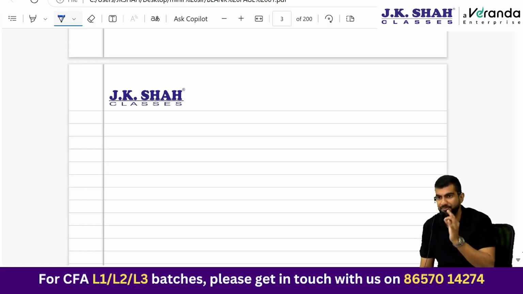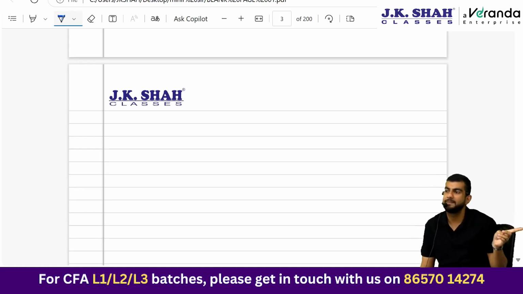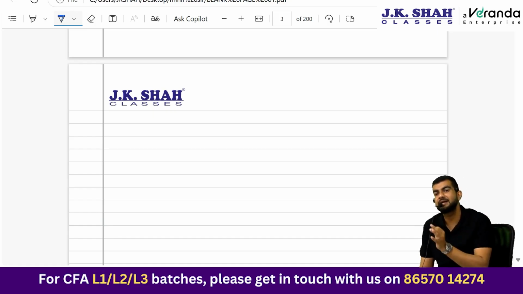FVOCI, very important. Let's stress on this. When it comes to equity securities, unrealized gains and losses will go in OCI if it is FVOCI. Also realized gains and losses will go in OCI. Very important. I had shown you that practically also. When it comes to debt securities, if it is FVOCI, unrealized gains and losses will go in OCI, but realized gains and losses for debt securities will go to P&L. And HTM is carried at amortized cost, so you ignore the unrealized gains and losses. As regards interest and dividends received, they will always form a part of P&L.